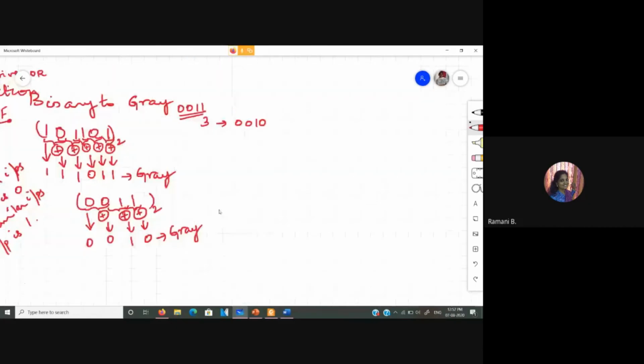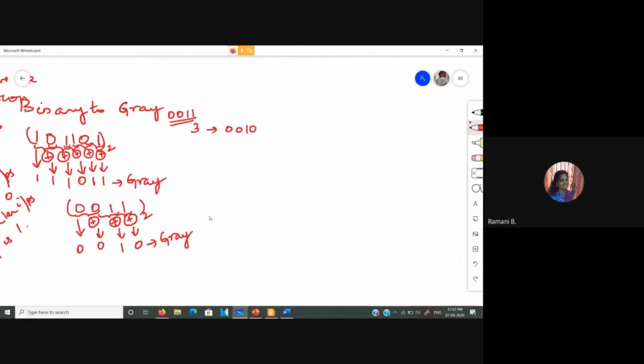So maybe let us consider this itself just for better understanding. So you are going to do gray to binary. Let me consider the one we have now converted, 111011. So here the most significant bit is written as it is.